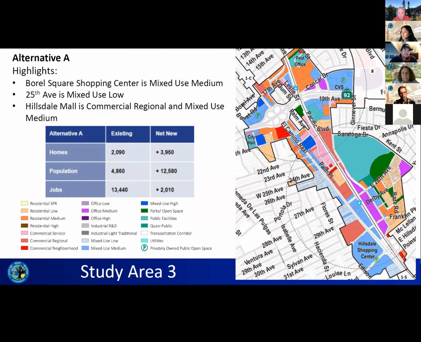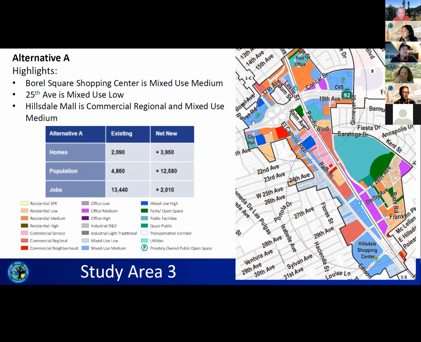And so a lot of the change that you see across the 3 alternatives is going to be concentrated to the west of the Caltrain line, primarily because this section over here has either been recently developed, is proposed to be developed, or is governed by, for example, the Bay Meadows area plan. So most of the change you'll see across the three alternatives is going to be focused to the west of the Caltrain line.